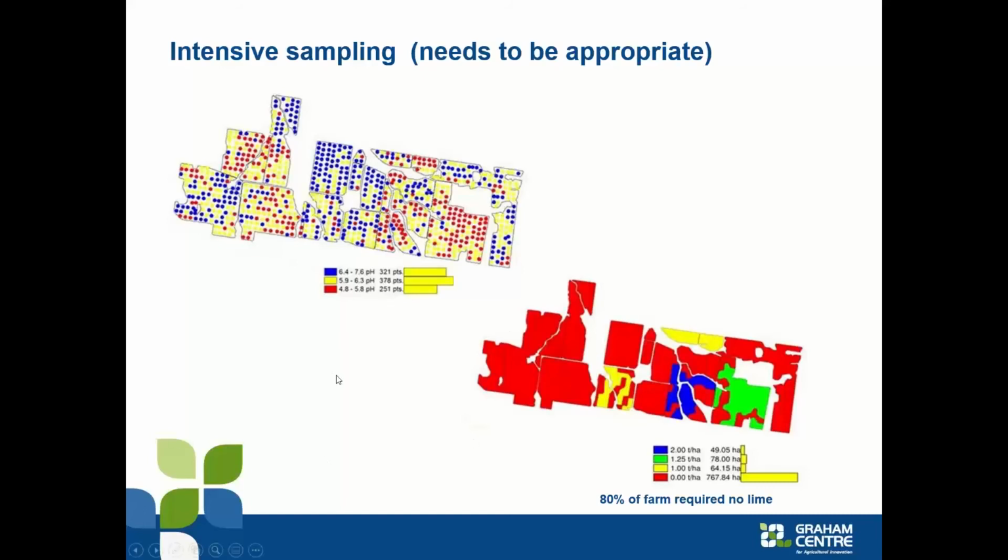And so in this particular example here, the grid sampling has really neatly mapped out the pH and how it varies across the farm. They've then gone through the process of identifying what the lime requirements are, but it actually ends up showing that 80% of the farm doesn't need lime. So having spent $10, $15, $20 a hectare, whatever it costs to do the grid sampling, to identify that you don't actually need to do any lime application, it raises the question of, could you have done something prior to the grid sampling to identify that there are large parts of the farm where the intensive sampling isn't required.